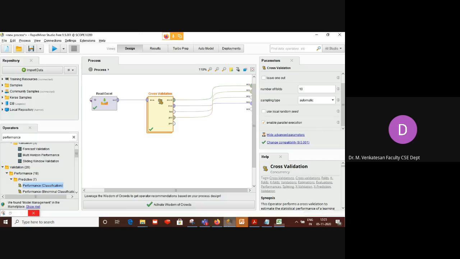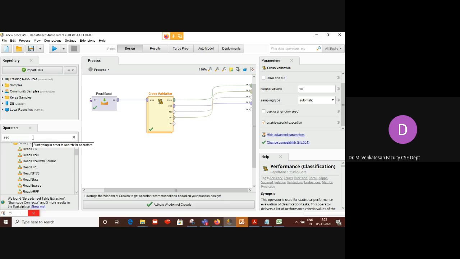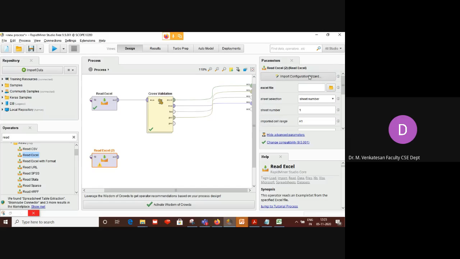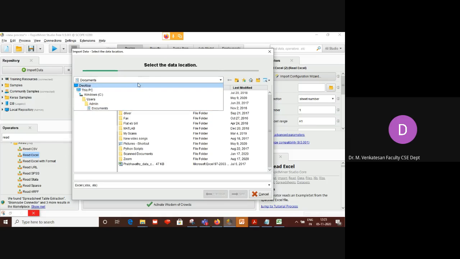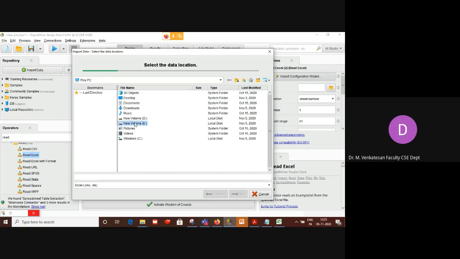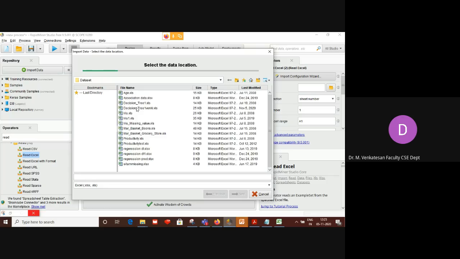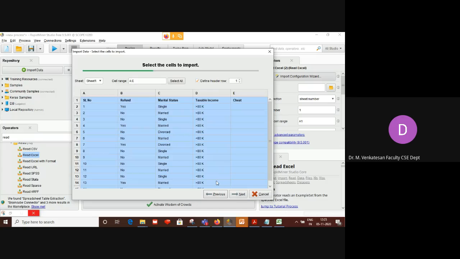Okay, so read Excel. Read Excel. Okay, and keep your cursor on read Excel. Use import configuration wizard. Now you can see there are no values for cheat.